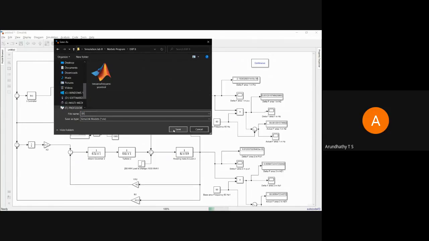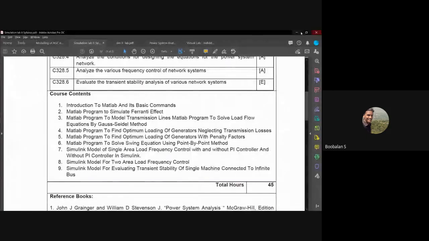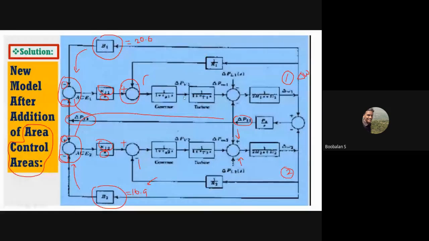Okay, sir. Batch 1, I'm just going to show you about. Sir, wait, I'll save the file, one minute. Sure, sir. Okay, I just saved it. And just want to